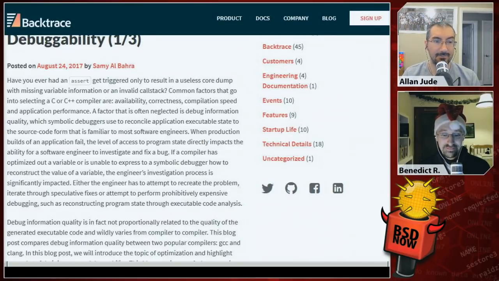When production builds of an application fail, the level of access to program state directly impacts the ability of a software engineer to investigate and fix a bug. If a compiler has optimized out a variable or is unable to express to a symbolic debugger how to reconstruct the value of that variable, the engineer's investigation process is significantly impacted. Either the engineer has to attempt to recreate the problem on their own machine, iterate through a bunch of speculative fixes, maybe it's this, maybe it's that, or attempt to perform prohibitively expensive debugging, such as reconstructing program state through executable code analysis, trying to do it all manually. So debug information quality is a factor not proportionally related to the quality of the generated executable code